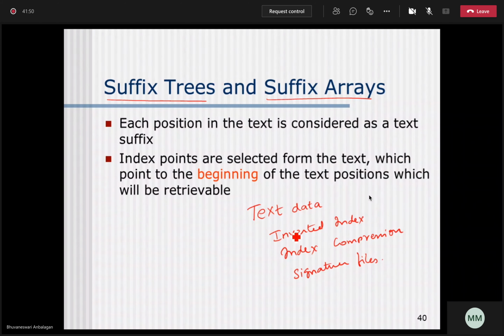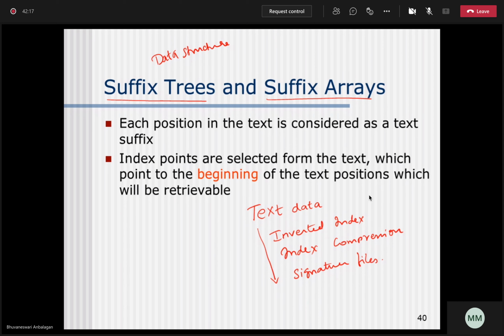Now, in the same order, if you want quick and easy retrieval of some text data, or some pattern from a huge text data, you can go with a data structure. This is actually a data structure that will make your searching task very simplified.